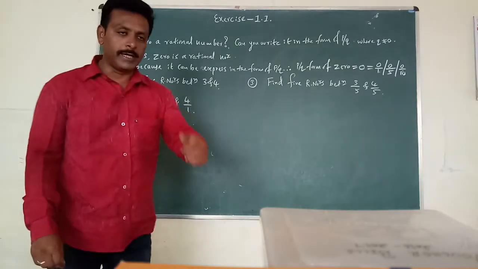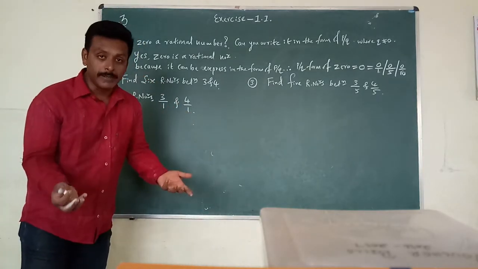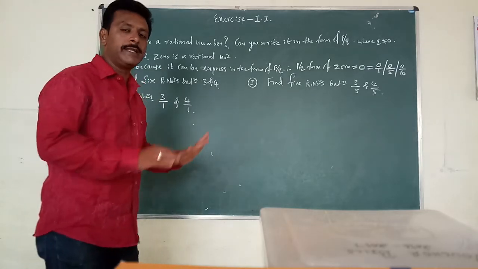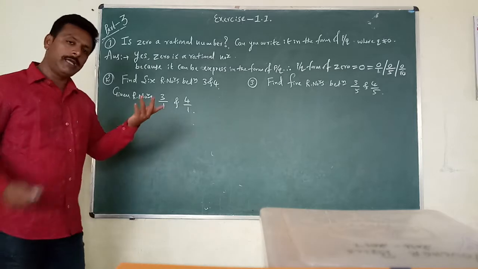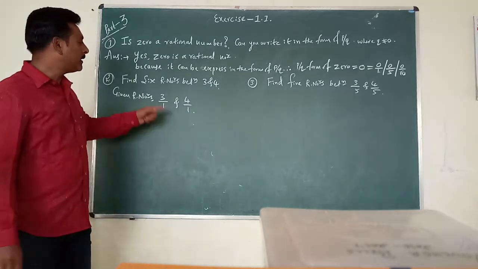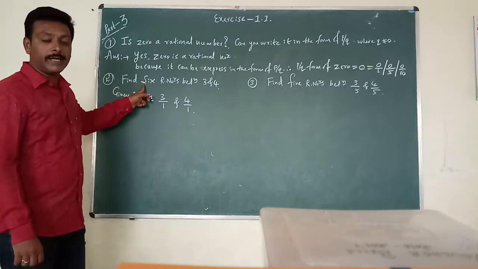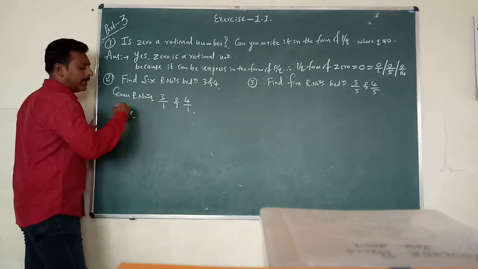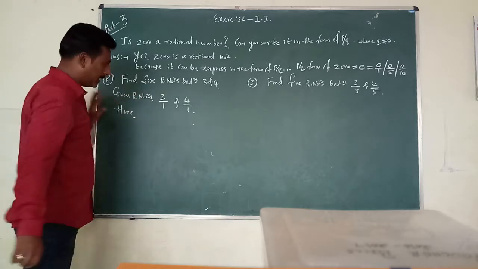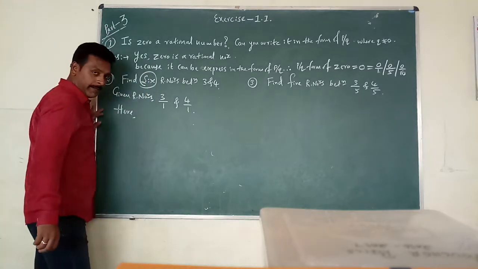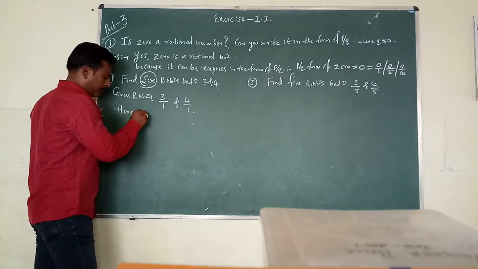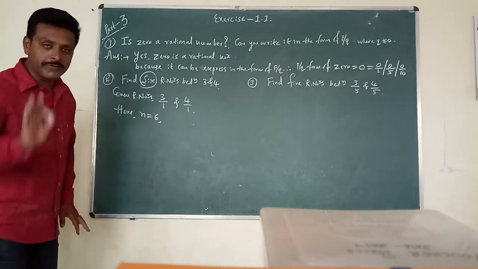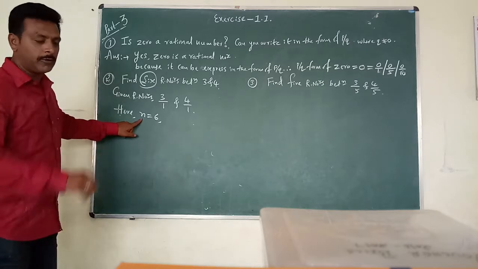First point to be noted. दोनों का denominator same है. So you are not in need of making their denominator equal. अभी equal है. अभी हमको कितना rational numbers find out करना है? 6. So here I will take one symbol here. जितना बोलते हैं उसको n लेंगे. Here n is equal to 6. कितने रैशनल नंबर्स पूछ रहे हैं उस नंबर को n is equal to 6.